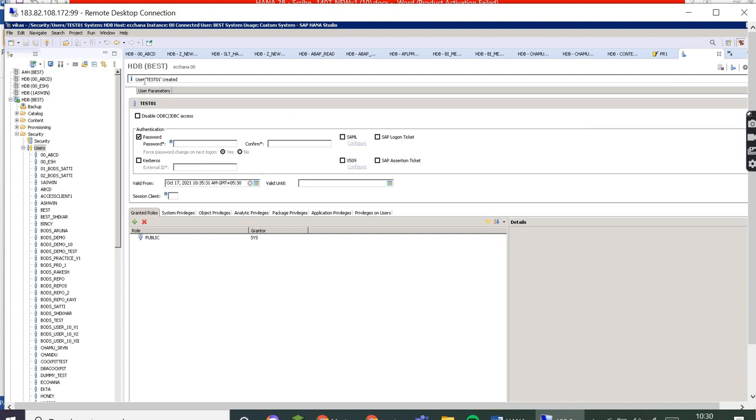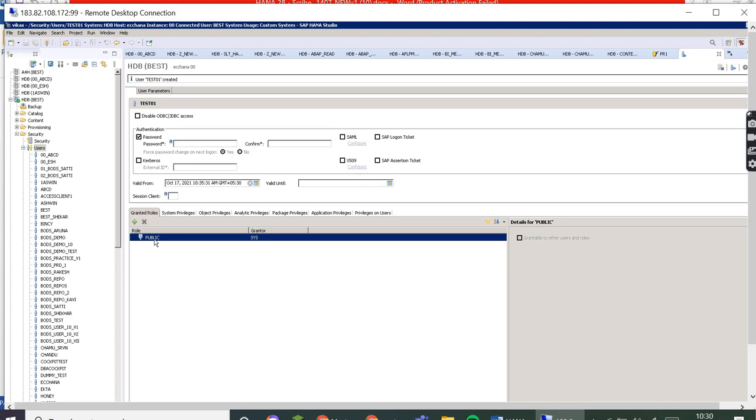Here you can see the log also at the bottom. So automatically this public role is assigned. What will this public role do? We have these icons, these folders: catalog, content, provisioning, security. So he is able to navigate and at least see those structures by using the public role.